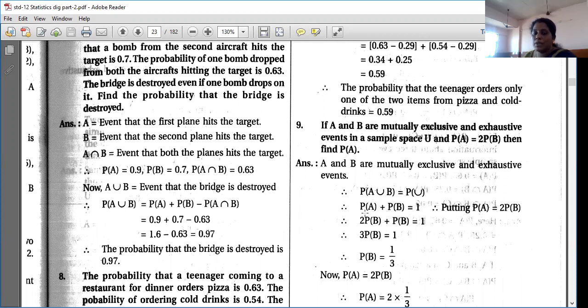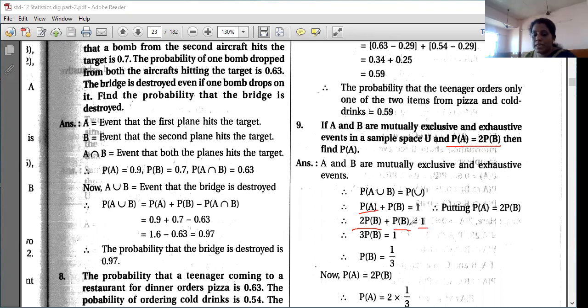So that is P of A plus P of B equal to 1. And it is said that P of A equal to 2P of B. So in place of P of B, what you have to write? The value is given. Here P of A, what is the value they have given? See the question, it is given P of A is equal to 2P of B. So in place of A, what you have to write? P of B plus P of B, that same thing we have to write, that is equal to 1.